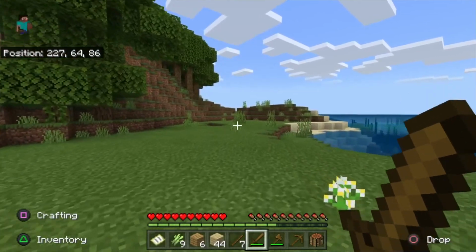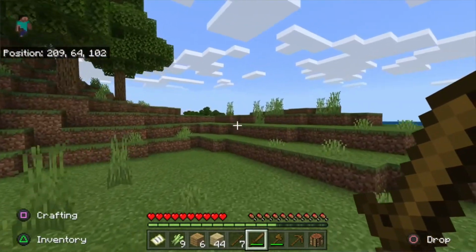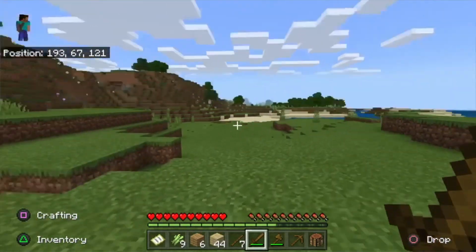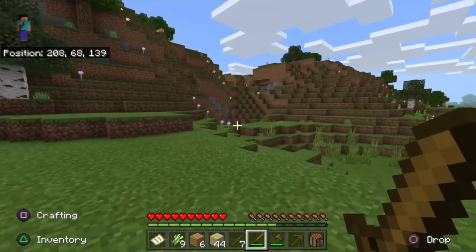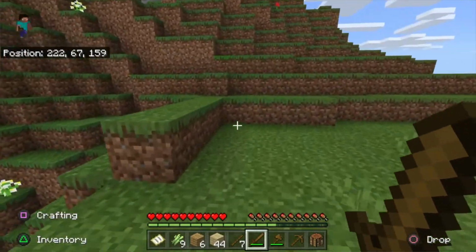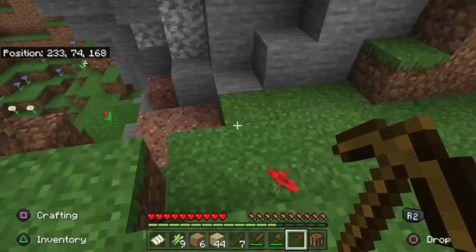Alright, so now I'm just going to take a few minutes to look for food or crops or anything, but it's going to be kind of passive, because the main thing I'm looking for is just a small cave. Nothing too crazy, but I would like to start gathering some resources because, you know, you can